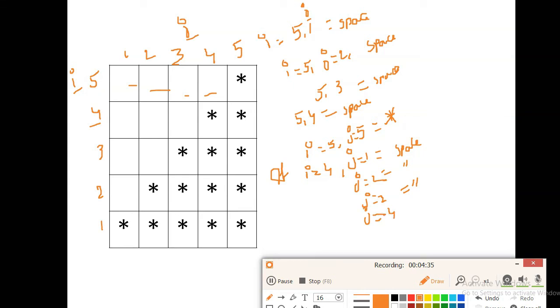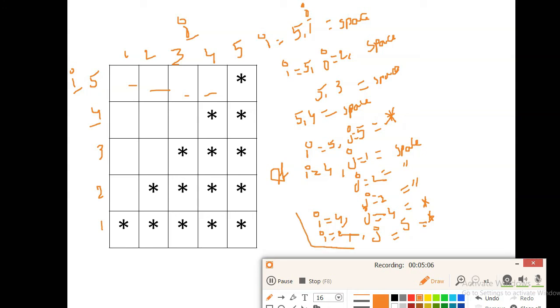If you observe here, i equals 4, j equals 4, it will print a star. Next, i equals 4, j equals 5, print star.